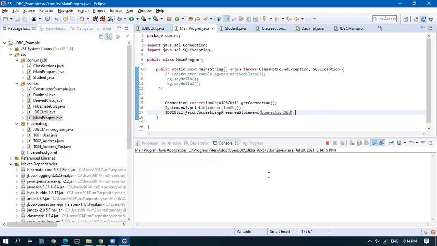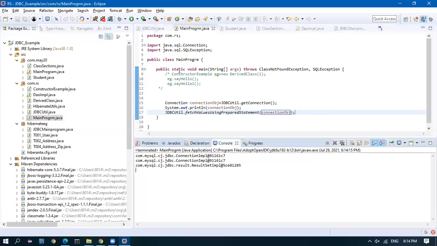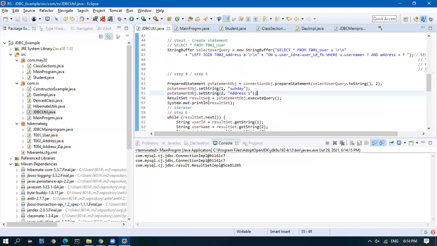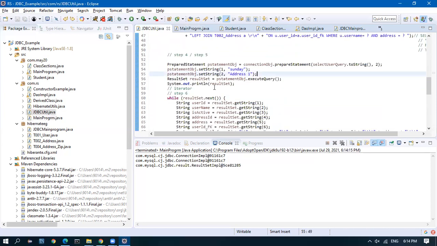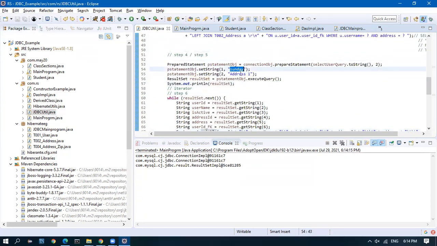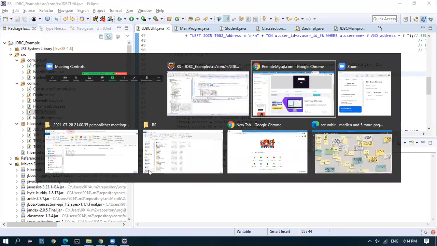When I run, I get the result set, but it is not printing. Sunday, address one. We'll see if we have a record like that.